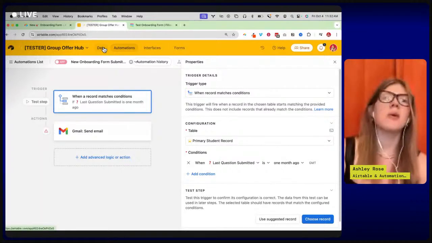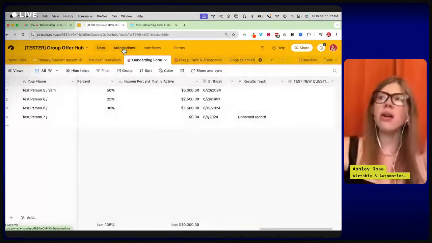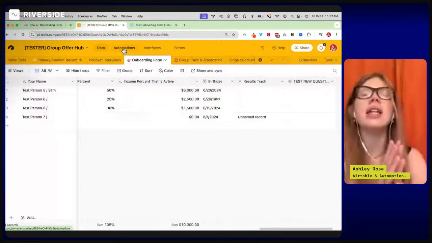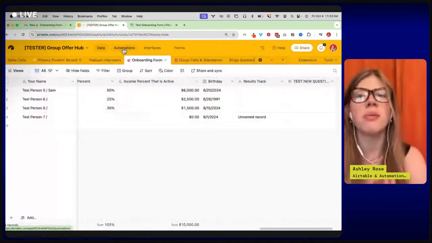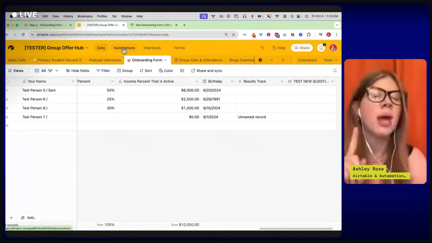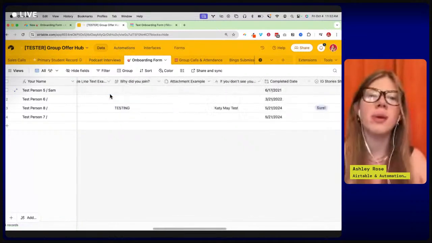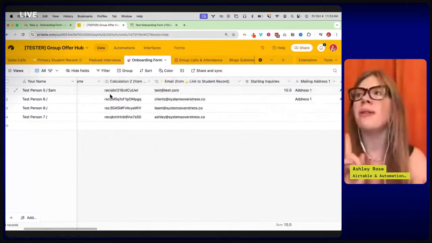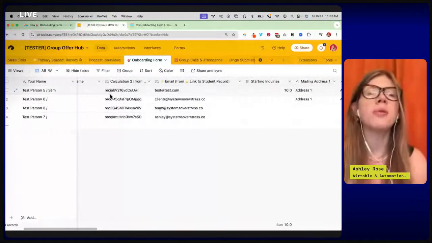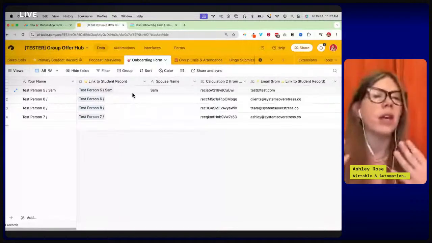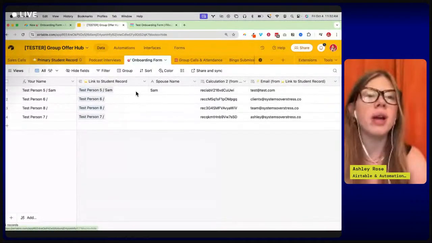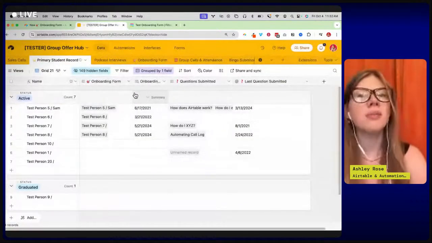And so that's my biggest thing: your client data deserves to be in Airtable because of all of the automations. It's going to help you be a better coach because you will see all of their information at a glance. It's going to make people feel seen and cared for. It helps with so many different customer service issues. If you have a customer service complaint, you can pop open your student record and say, hey, you haven't submitted a question in 3 months.